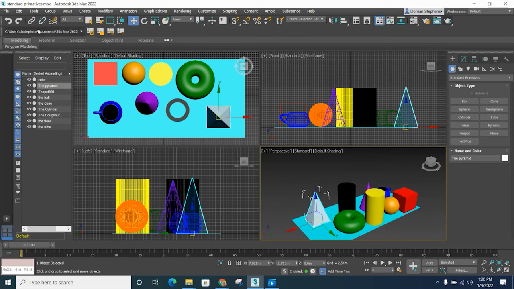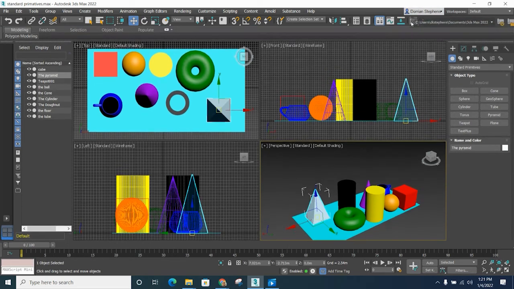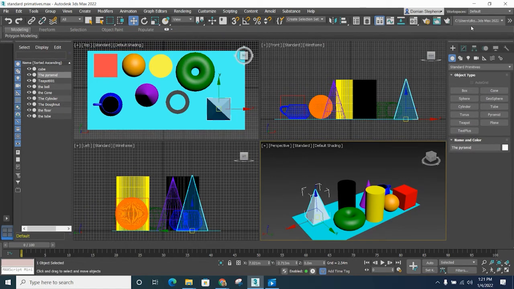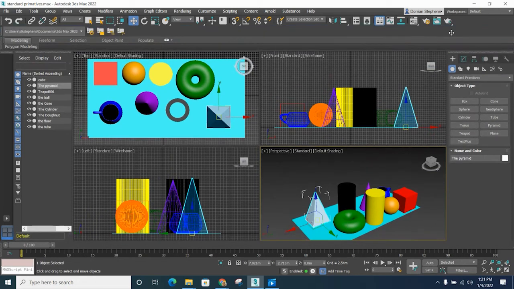Now, at the top of your screen, yours might look like this right now. All right. What I want you to do is take your mouse until you get these little 4 arrows. In this area right here, click it and drag it straight down. And that'll give you access to these buttons here. All right. So in this view,